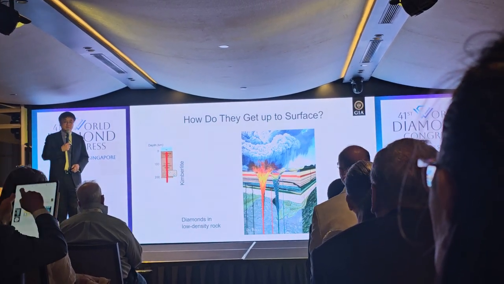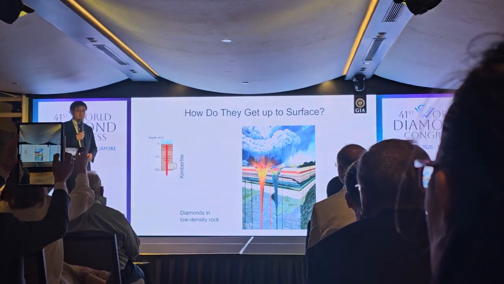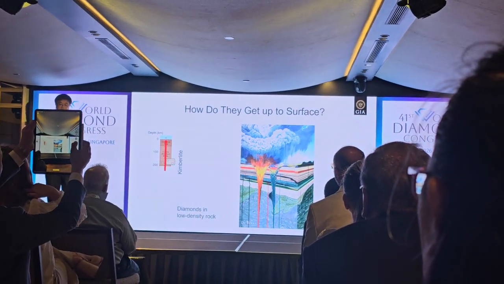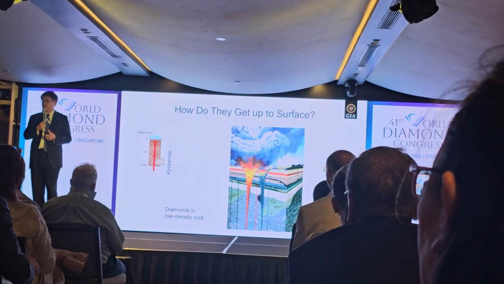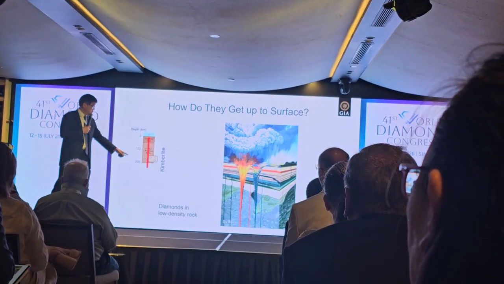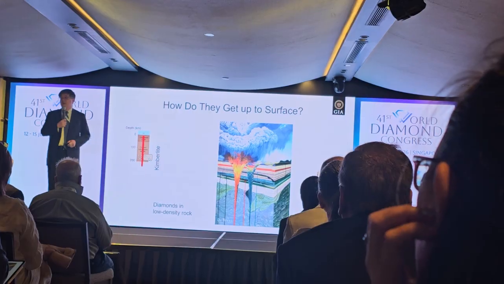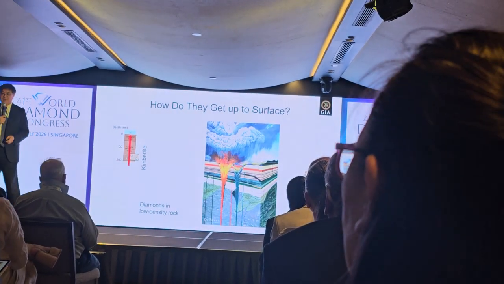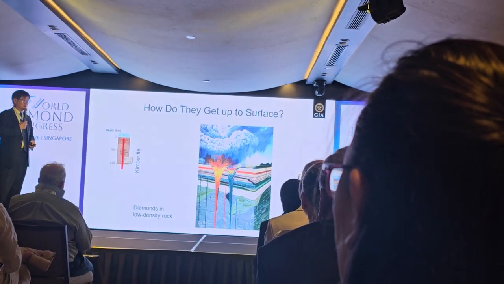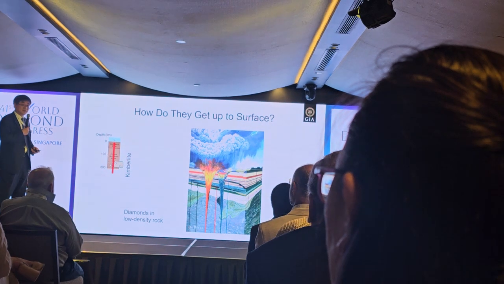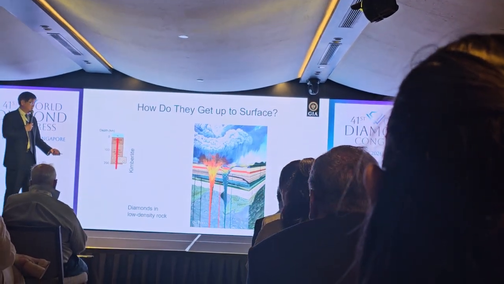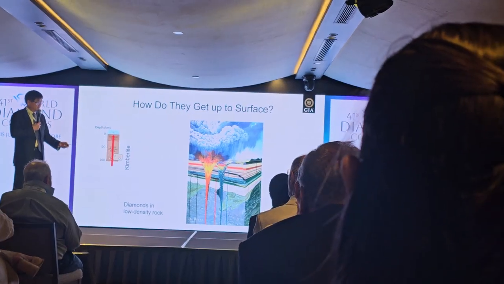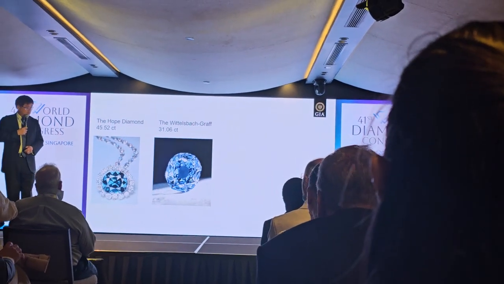Kimberlite is a very special magma that erupts very, very explosively in a very short period of time, bringing diamond from this depth to the Earth's surface. If it is not quick enough, the diamond will all turn to graphite. So we're very lucky we have this special magma activity that can transport diamond to the Earth's surface. So with that, I want to say